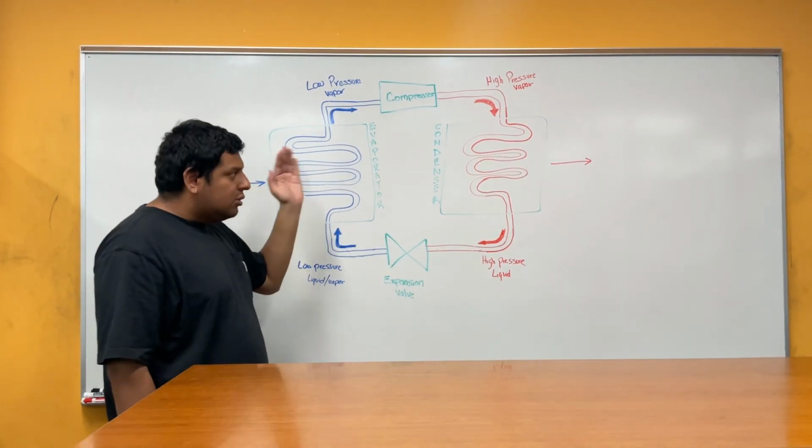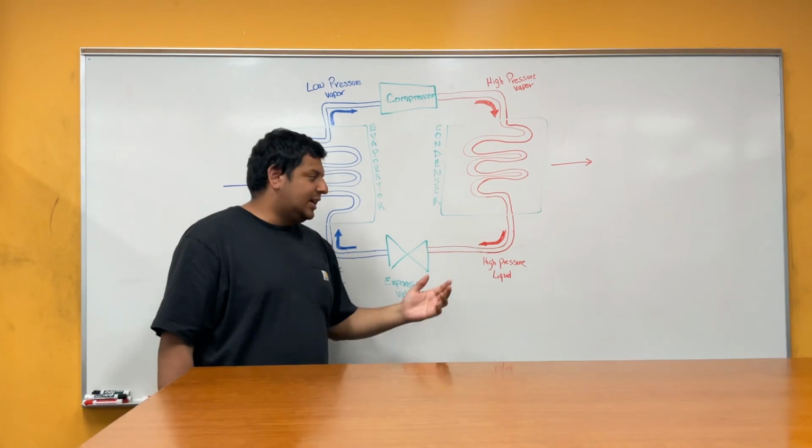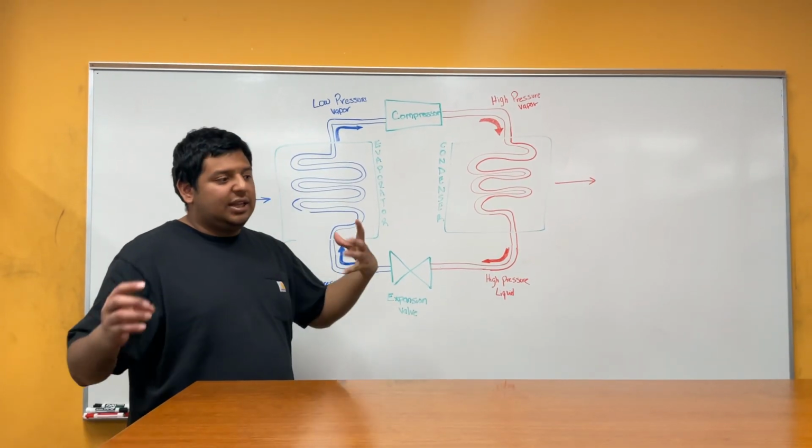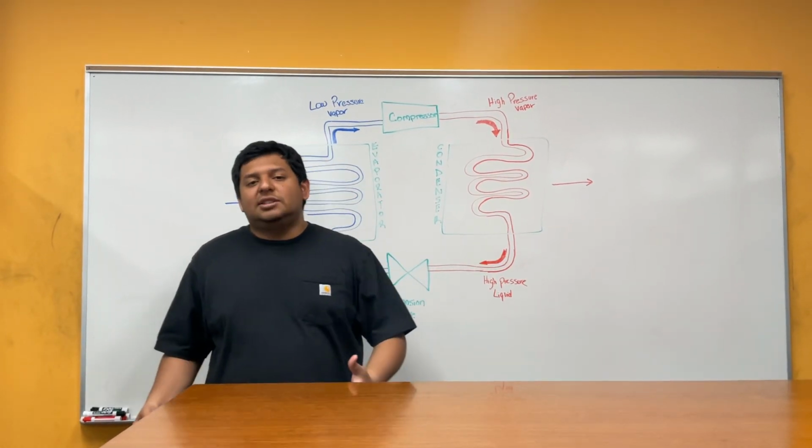And this same cycle goes on continuously, and this is how we have cold air. This is what allows our food to be cold. This is what allows us to keep cool